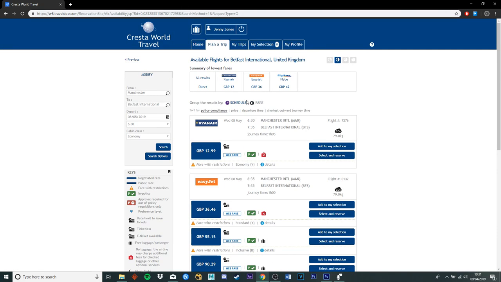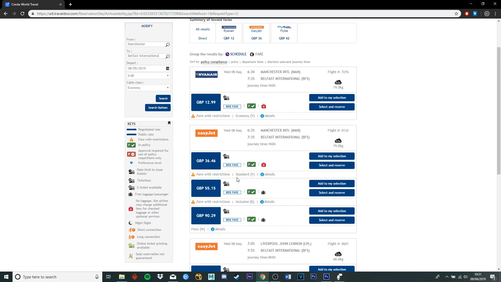Here on the results page, you can see the summary of lowest fares. You've got Ryanair, EasyJet and Flybe. Here you can see with Ryanair, there's the red suitcase with the X in it. That means it's a hand baggage fare. With EasyJet, there are 3 fare levels: standard, inclusive and flexi fares. If you select the standard fare,